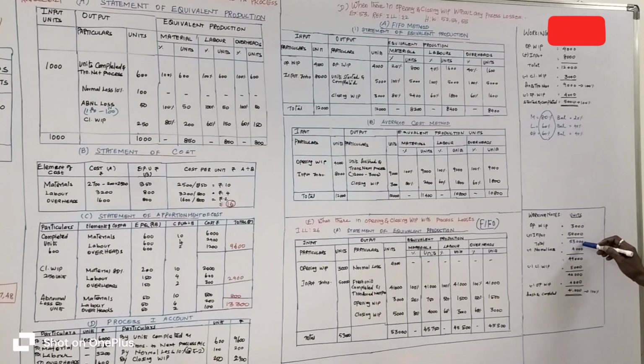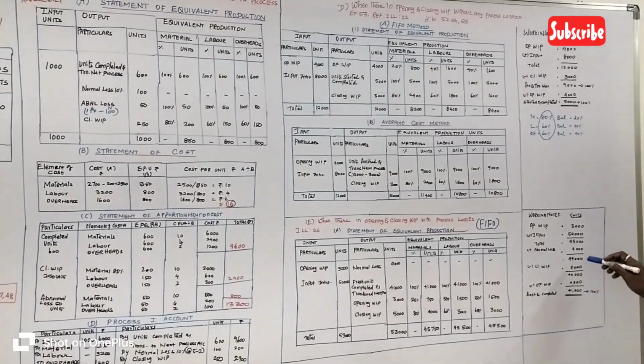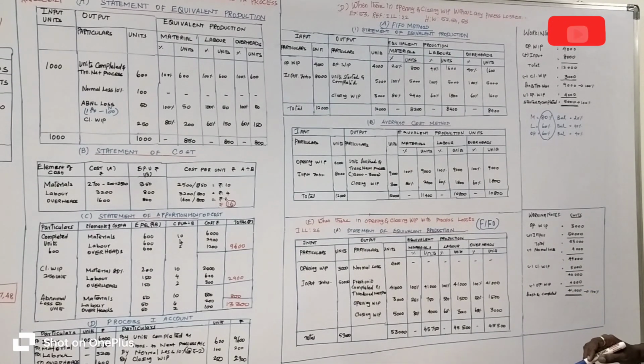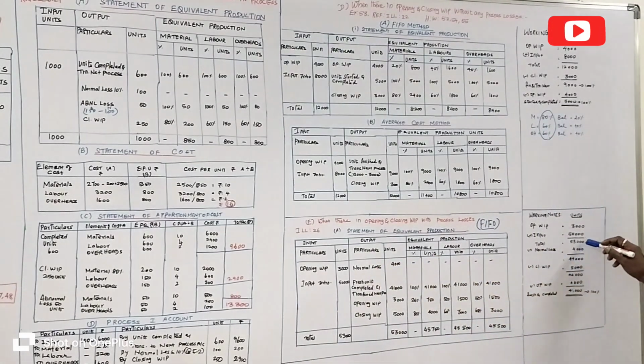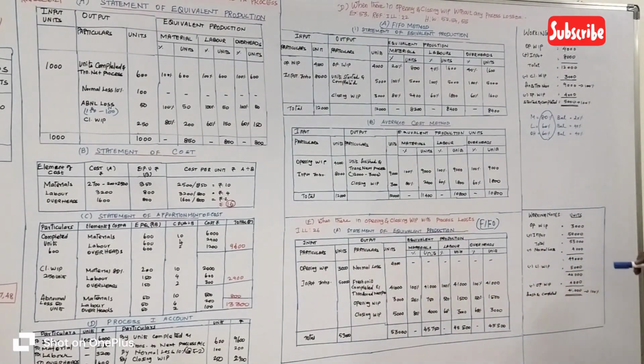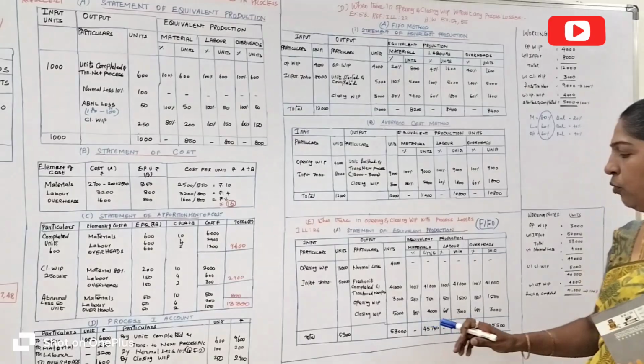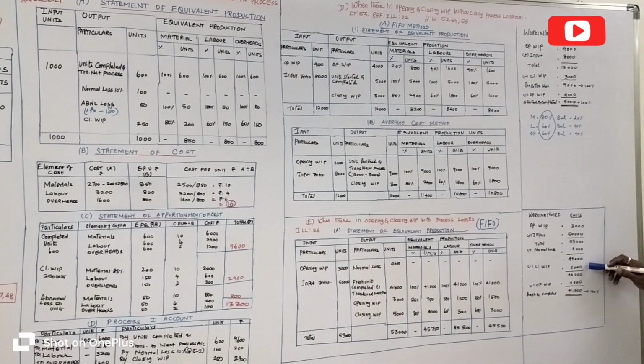After adding, the total input is 53,000 units. Then we have to subtract the normal loss of 4,000 units. After subtracting you get 49,000 units. Then those 49,000 units will be subtracted by the closing work in progress of 5,000 units. After subtracting you get